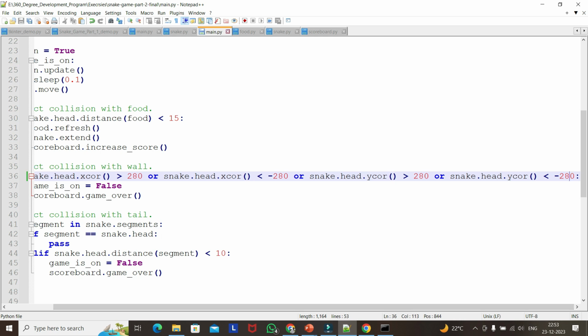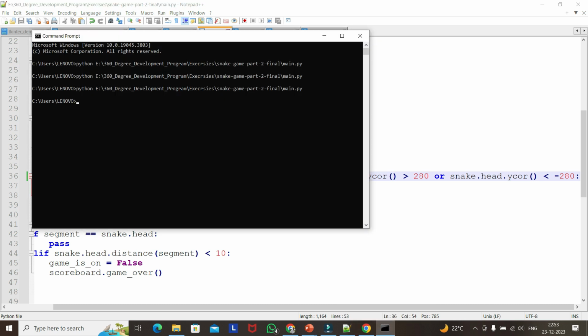So here, because y less than 280 means the angle is like, if it is crossing minus 280, so minus 290 is less than minus 280. That's why we have given the less than symbol. Similarly for the y coordinate also. So again, if I run this,